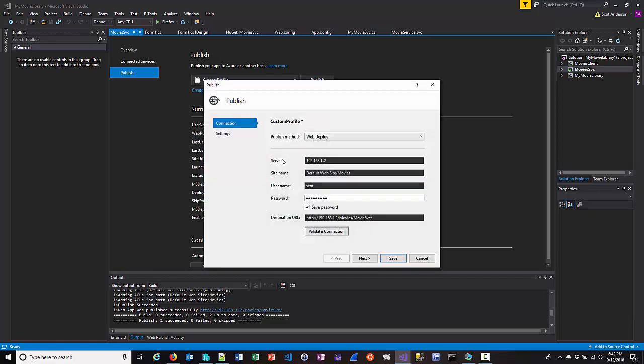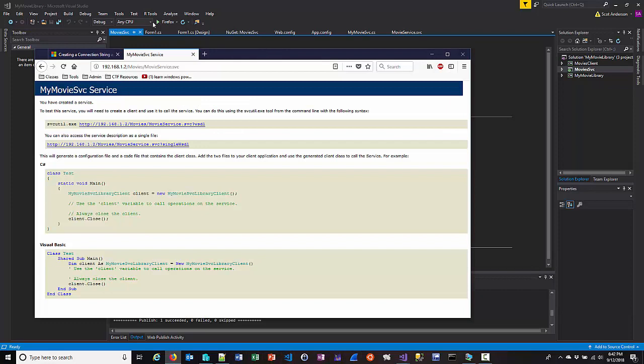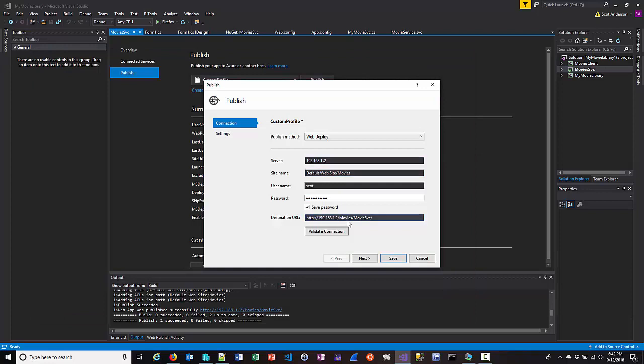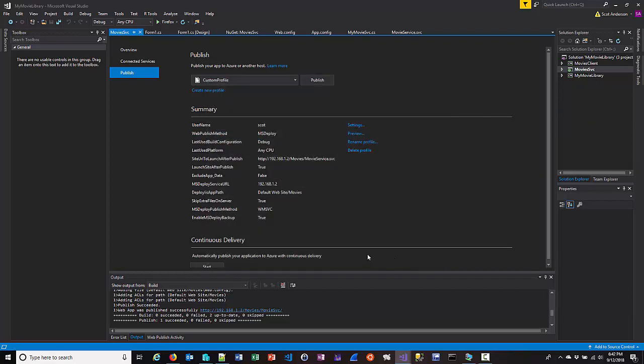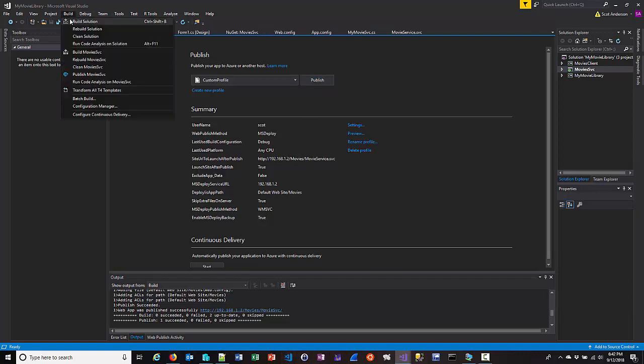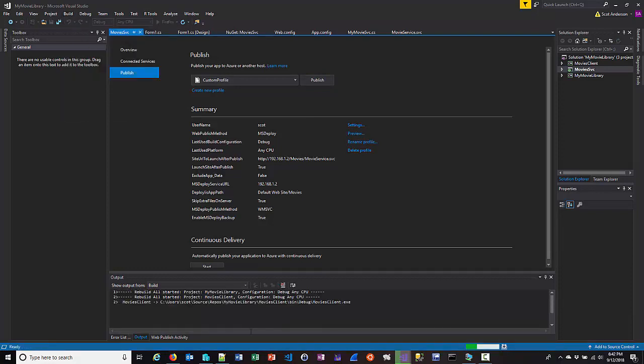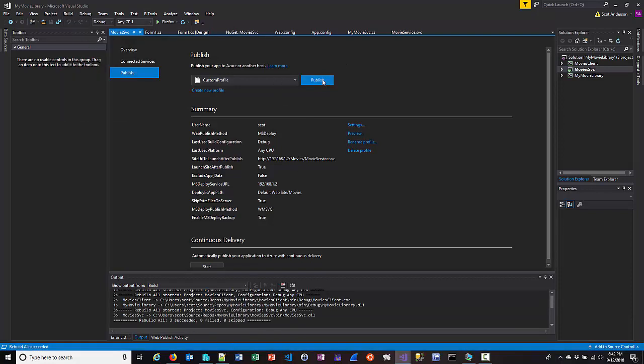Now I do need to change this because it's not actually working right. I actually want it to be here that I'm going. So on this side, I'm just going to paste that in there. Hold on, don't want all of that. Don't need HTTP twice. And next, and save. That's fine. So now when I actually try and republish this thing, of course I can build it, rebuild the solution if I want. It'll rebuild all, and they all succeed. And when I publish it,